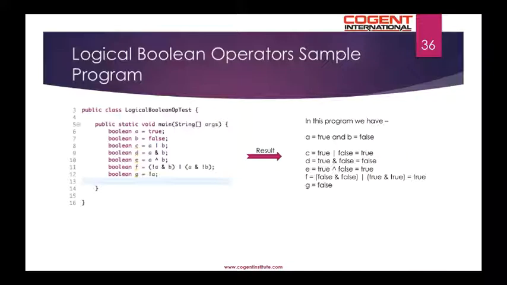Next, we have an expression in which the first sub-expression is NOT of A, AND B. So NOT of A is NOT of true, which is false, and B, which is false. So false AND false will be false. And in the other sub-expression, we have A AND NOT of B, which is true AND NOT of false, which is true. So true AND true is true. Next, we have false OR true, which will result in a true. And next, it's simple. It's a NOT of A, so it will simply invert the state from true to false.